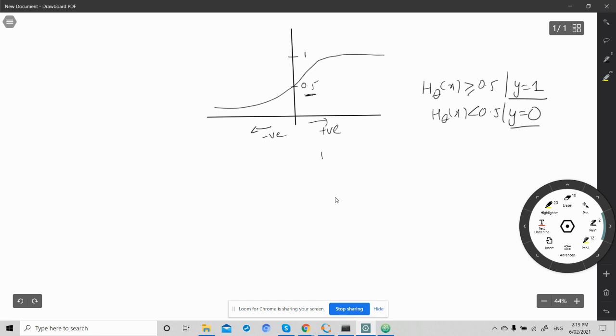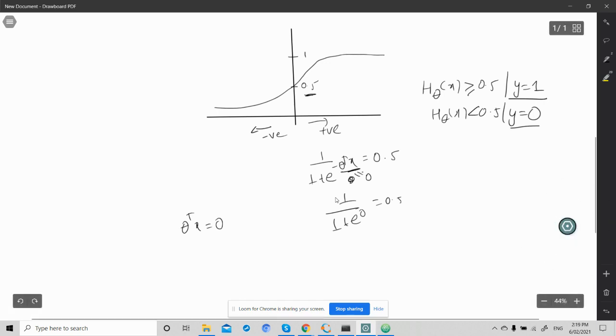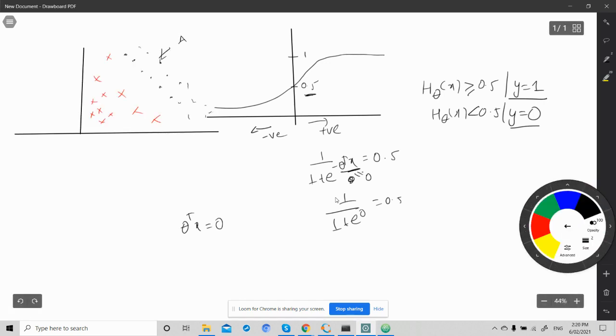So we know that 1 by 1 plus e to the power minus theta transpose x is equal to 0.5. So this would be our boundary line. If this value equals 0, then 1 by 1 plus e to the power 0 gives 0.5. So if theta transpose x equals 0, then we can easily calculate our boundary line. What does the boundary line mean is,